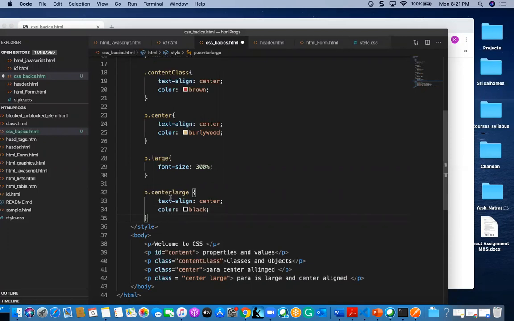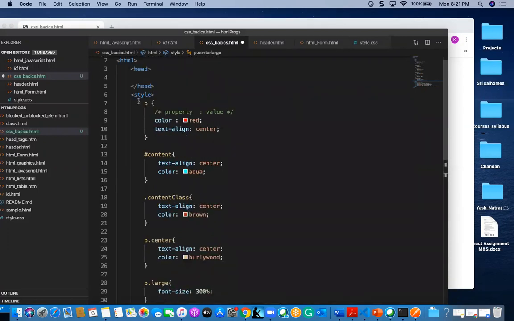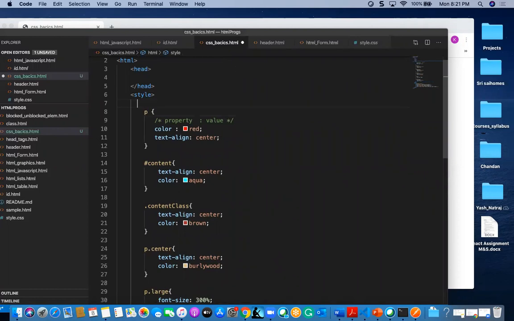Universal selector we have. Up to now, whatever elements you have in your HTML, with this universal selector, you can select it, and it is applicable to every element in your HTML.